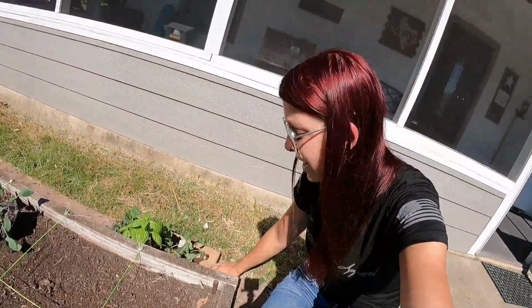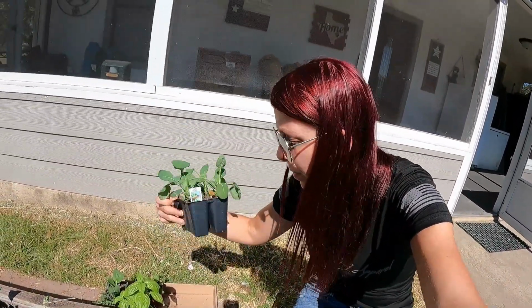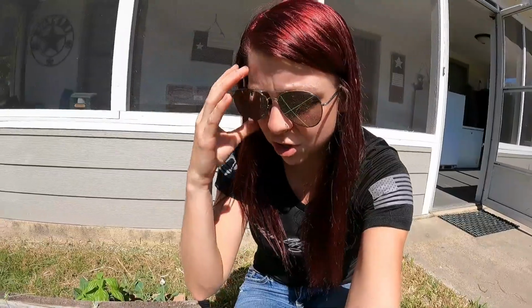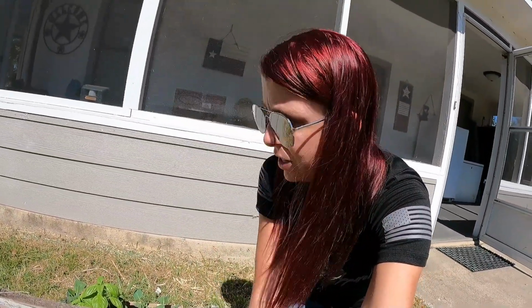And then I've got this stuff down here. Like this is, let me see. These are our Brussels sprouts. And I'm going to plant those in the other garden as well as our herbs, except for our rosemary. I'm going to put 2 rosemaries back over in that thing right behind me. And just try to stay on top of the watering over there. And I've got basil. So I think I'm just going to work on the things that I have in place where I know for sure I want them, and then just go from there, kind of see what I have,